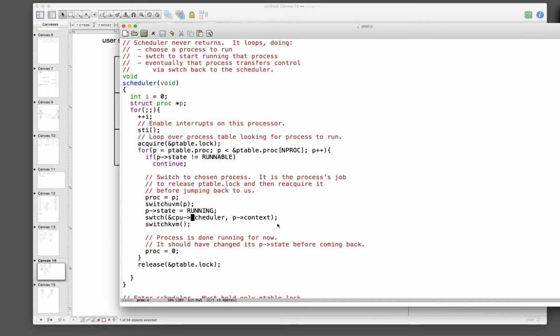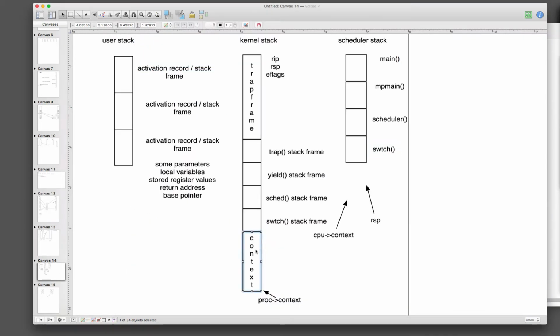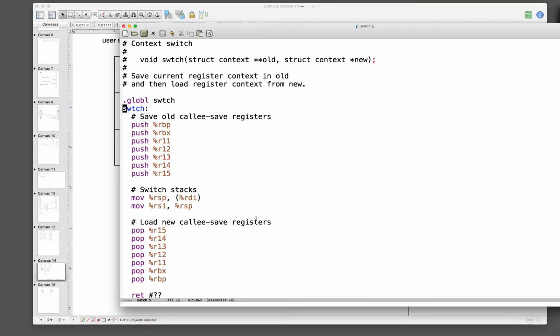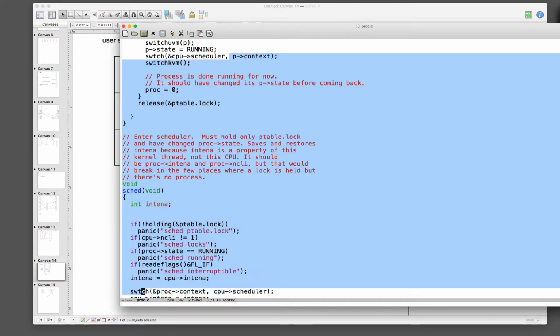Calling switch. Creating the context, right? Pushing all of these things on. This just decrements our RSP. But let's go back. Now we're calling it with the address of this CPU scheduler variable instead. So we're saying, let's store our current stack pointer over here for later restoring, and we want to switch to this context. So we're passing in,